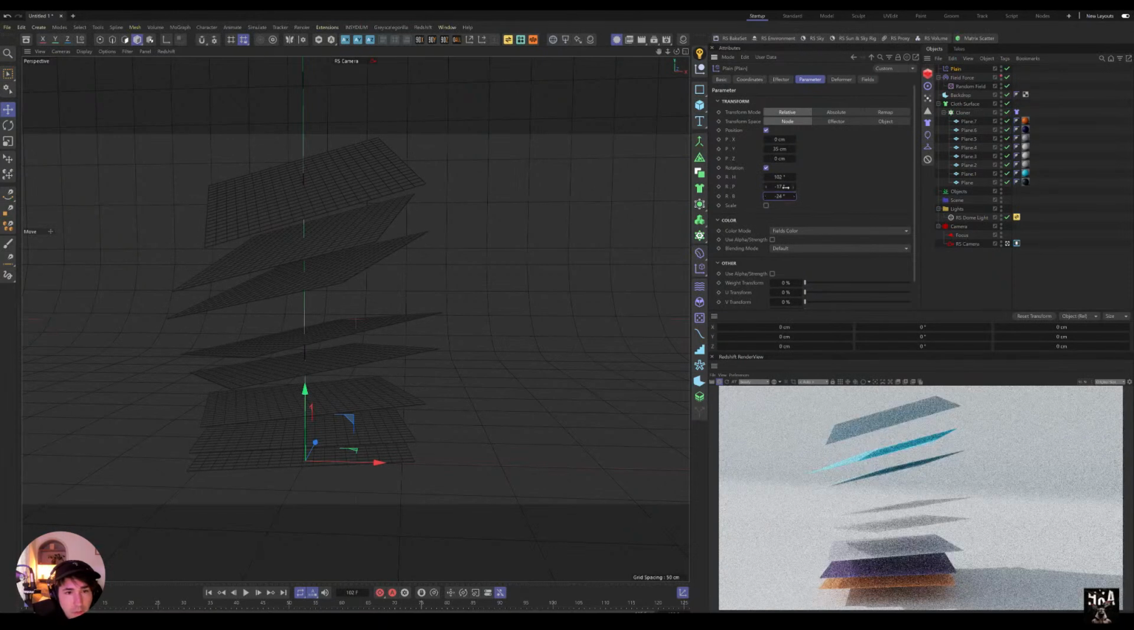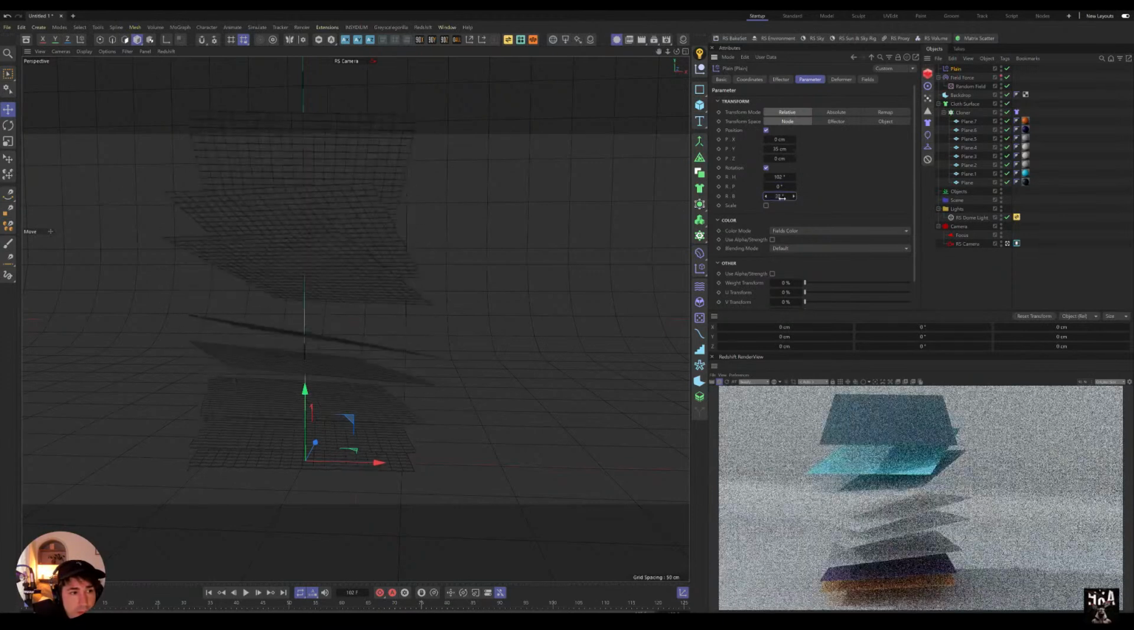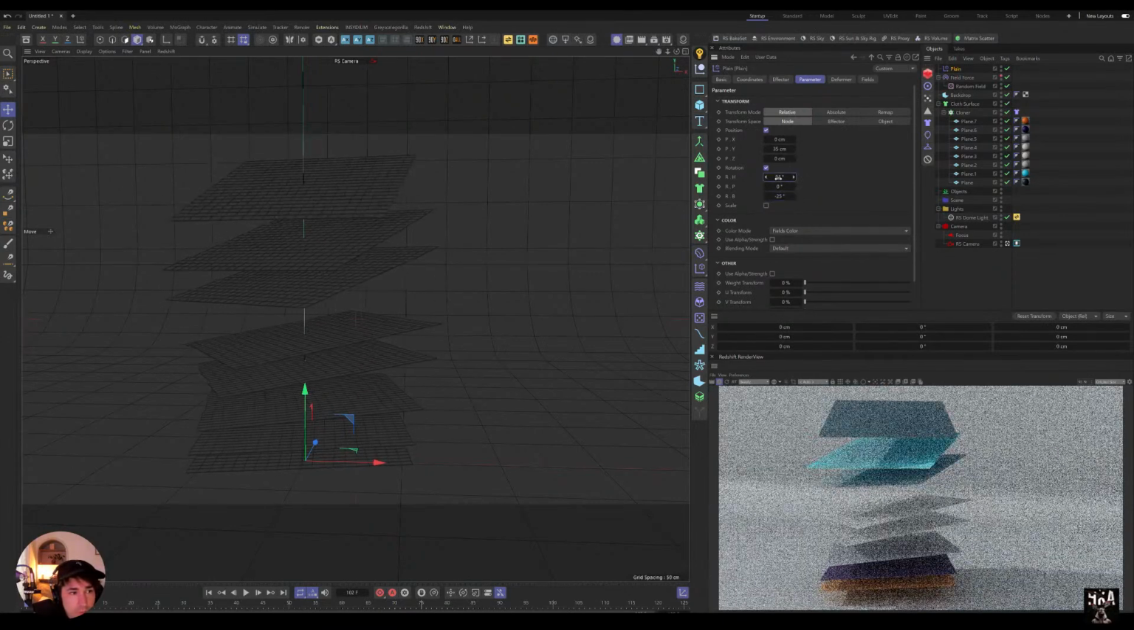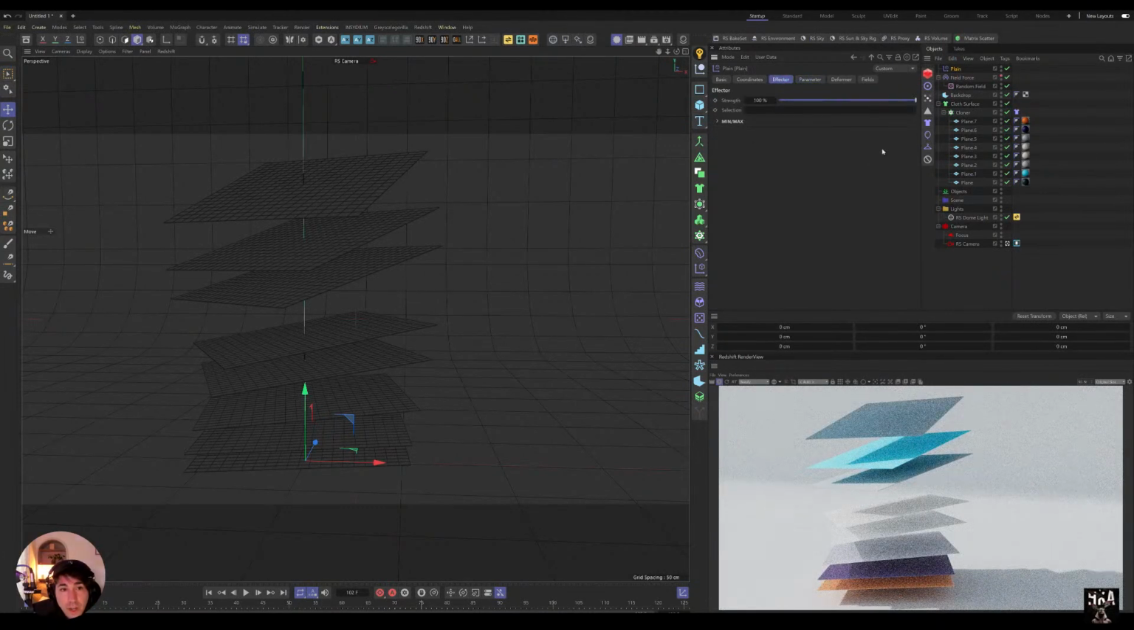I use banking for it. Maybe this one, no. And we use banking to tilt it in this direction. So 70 like this. So this would be our final position. And if I go to the effector, there is a strength slider,